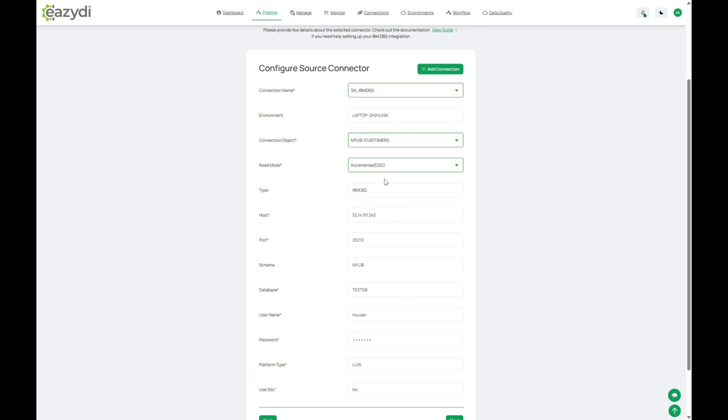Based on those log entries, EazyDI keeps track. For example, let's say you have executed this pipeline today at 2 p.m. At 2 p.m., whatever log journal entries EazyDI has fetched, it will keep track of that log journal entry. Let's say there were 4 rows, so the log journal entry was 4. So EazyDI will keep that